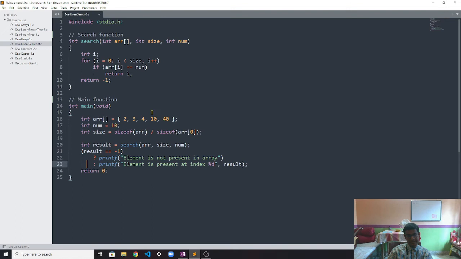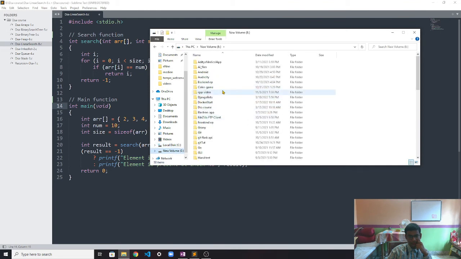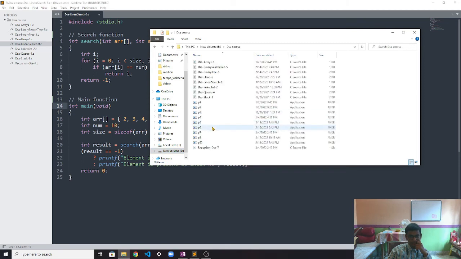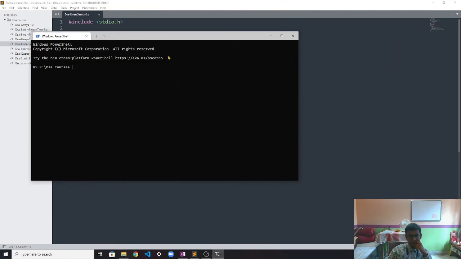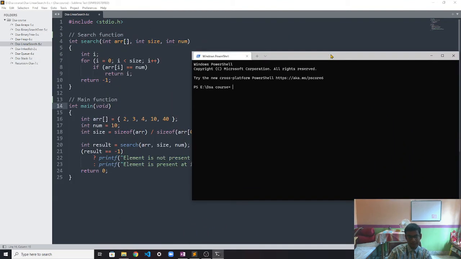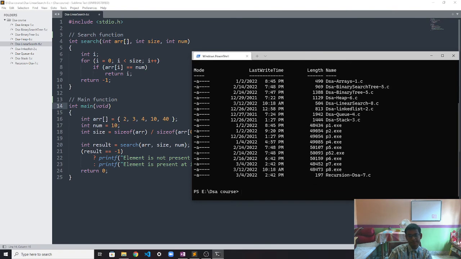So this is the whole implementation over here. Let's open our terminal to see the output of all this. Let's go to the directory. I have to increase the size so you all can see.